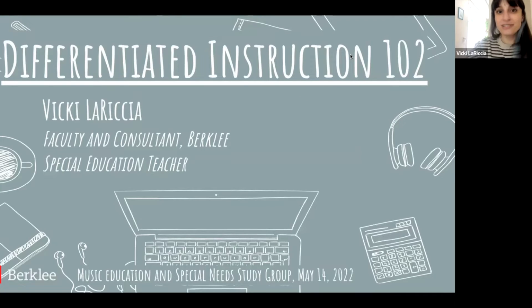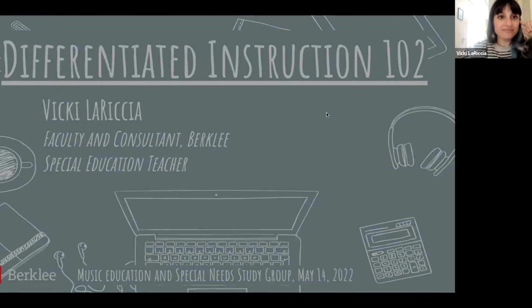So we're going to continue on with differentiated instruction 102. So I'm going to share my screen for that. My cat might make an appearance or two here and there. He's standing right next to me. Oh, here he comes. This is our tax. Okay. So